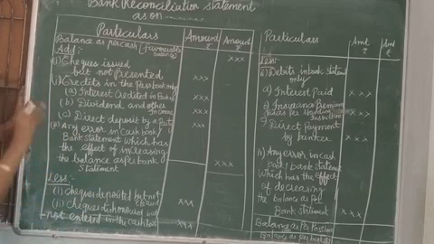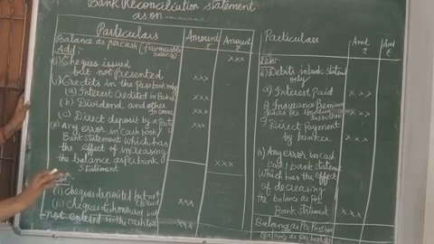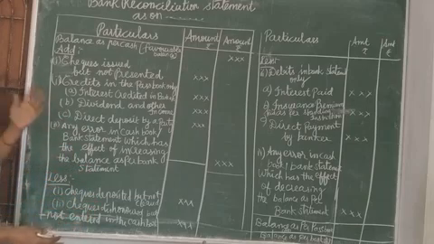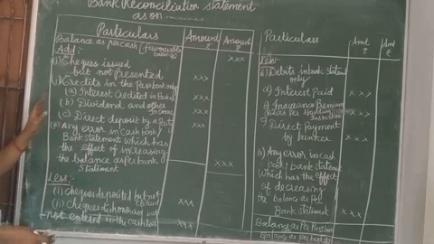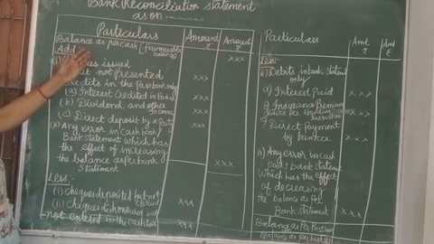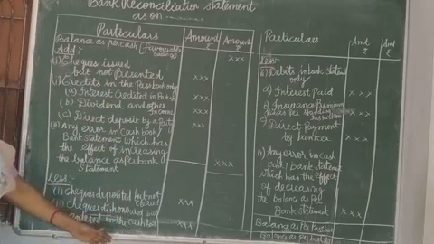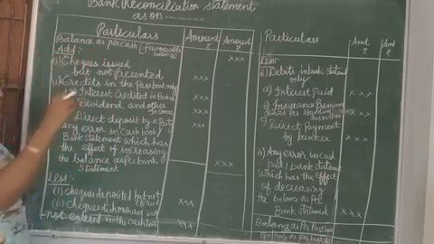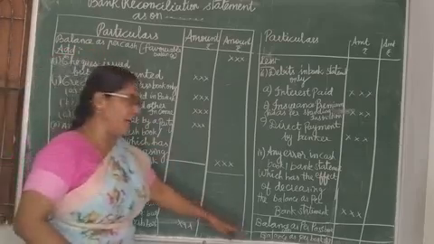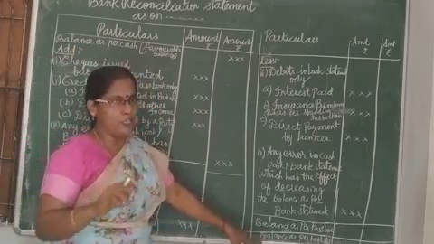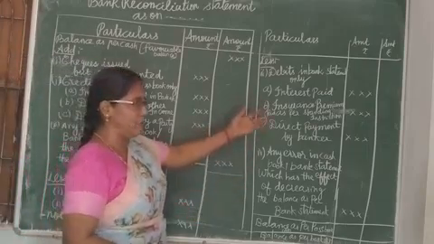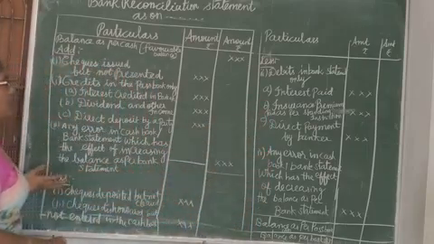Balance as per cash book means it is a favorable balance. See, in a problem they will give balance as per cash book, or they will give balance as per passbook. If they have given balance as per passbook, we are going to derive balance as per cash book. Suppose here they have given balance as per cash book. So what do we have to find out? Balance as per passbook. So many items we want to add, so many items we want to reduce. So what are they? Let us see.